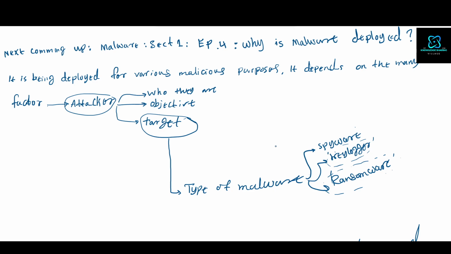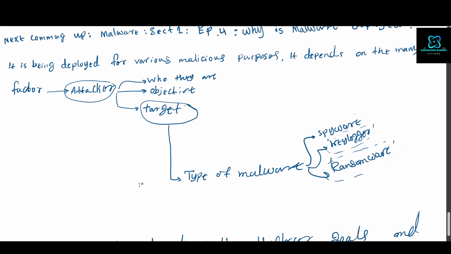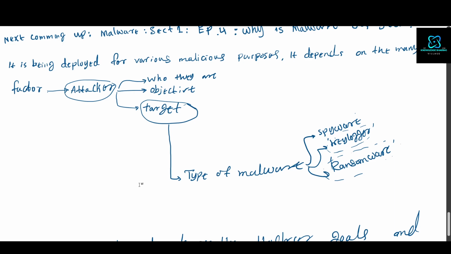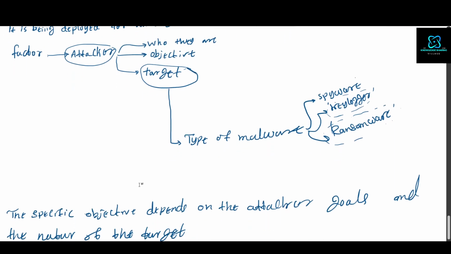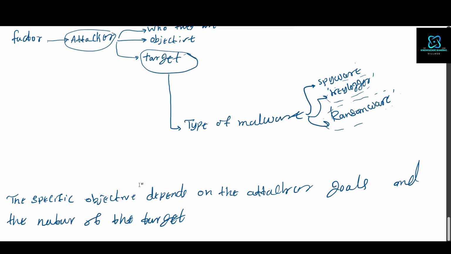Then they will choose its target. Based on what the target is, they choose the type of malware to achieve that goal. We will come to the types of malware in the second section, not here. Then if we put the answer like this, the specific objective